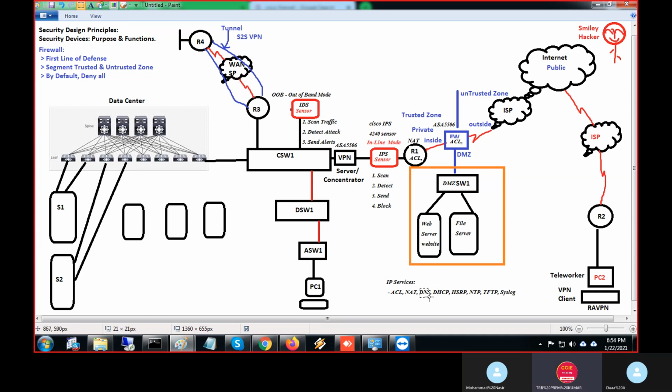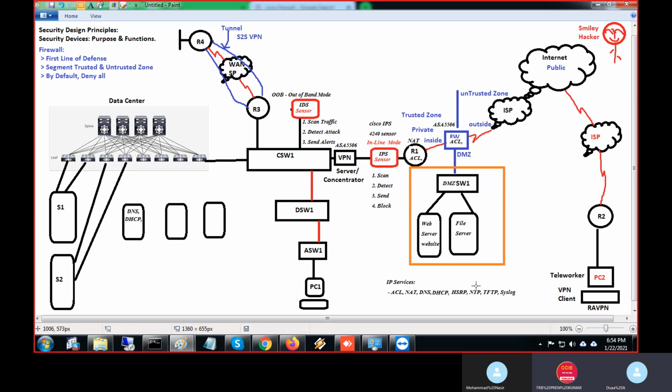So DNS server, what is DNS? Domain name. It translates the website name and gives the IP address of the website, so we have one DNS server here. A DHCP server automatically configures the IP address of the client PC. We put a DHCP server here. The DHCP full form is Dynamic Host Configuration Protocol. It's a configuration protocol.